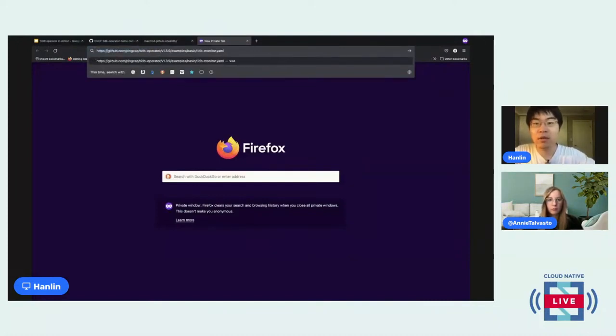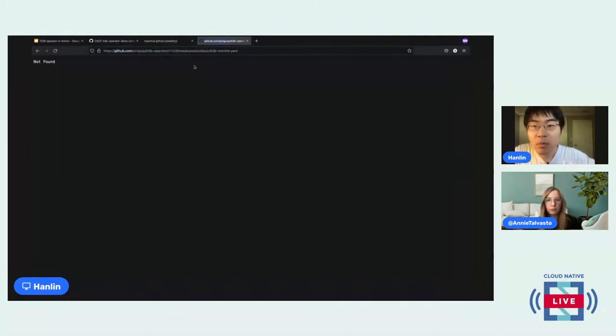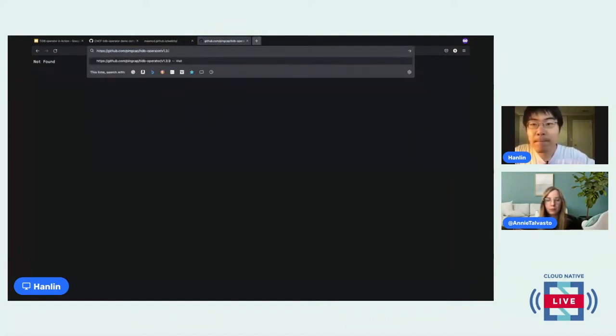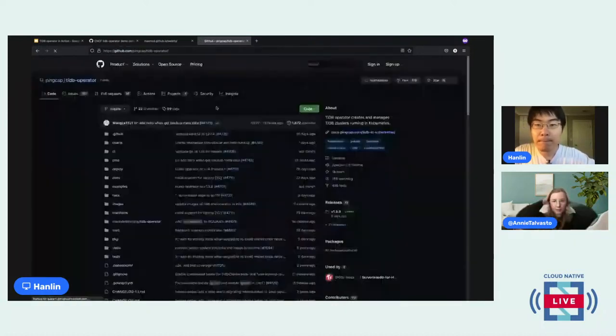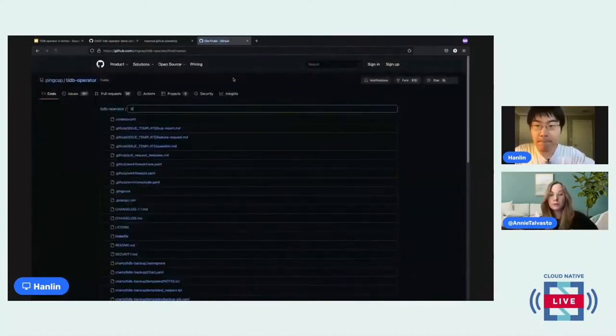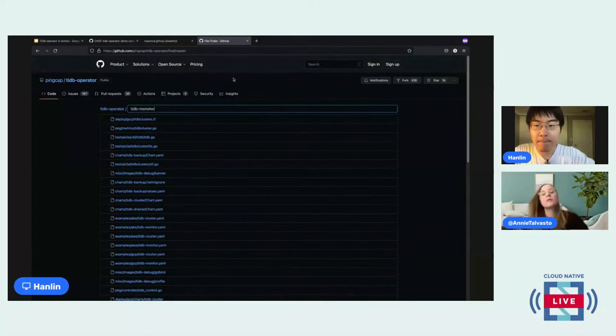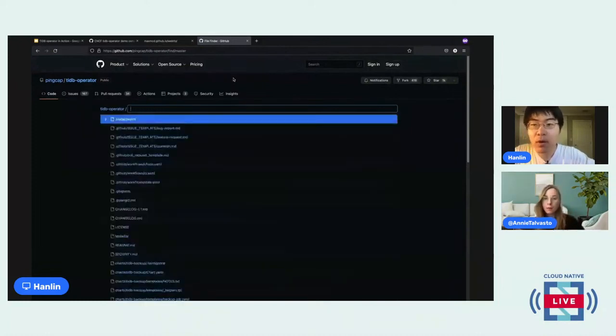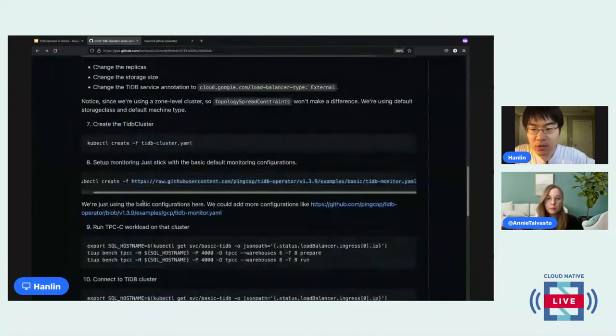GitHub, and let's try to, yep, wait. Monitoring tool, PingCAP. Okay, so maybe just show the